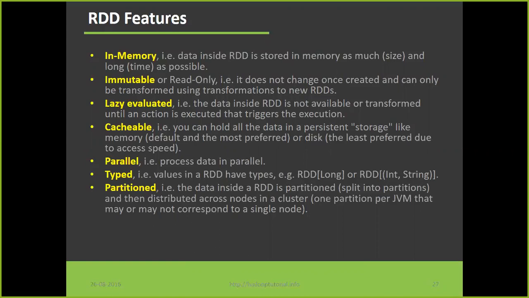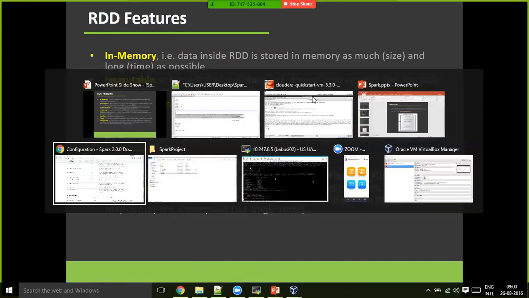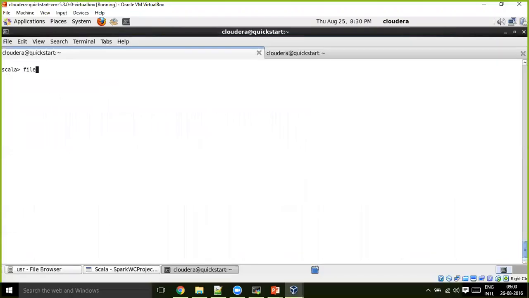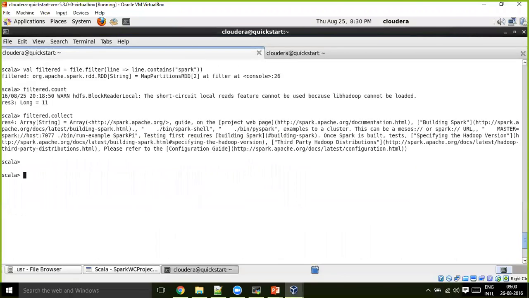But the result of it needs to be assigned to a new bag or a new alias. Here also, once an RDD is created, this file RDD is always fixed. You can't change the file contents. Whenever I say file.collect, it always gives the same value. If you want to change anything, you can apply some transformations, that's it.